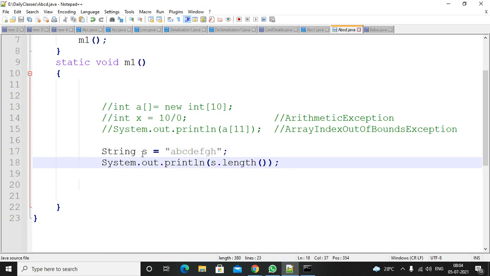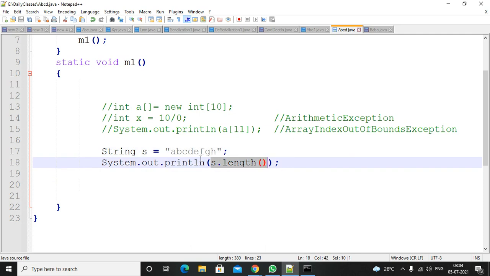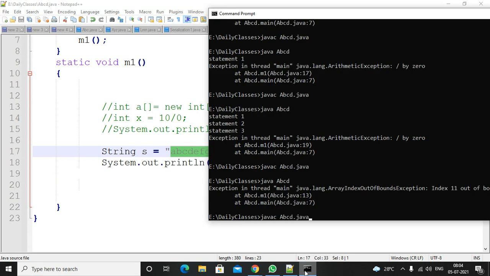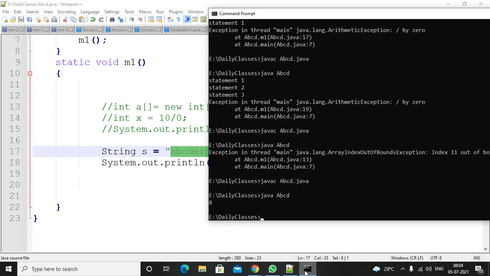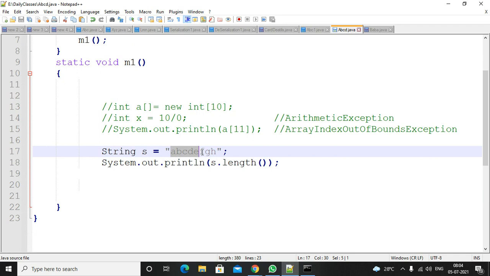You assigned a string with ABCDEFGH. You are trying to calculate how many characters are there in the string, right, by applying the length method. Compile the code. You are getting the length of the characters. Total 8 characters are there.